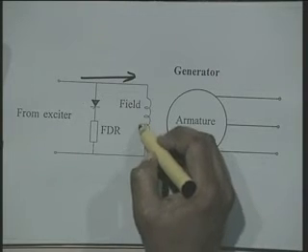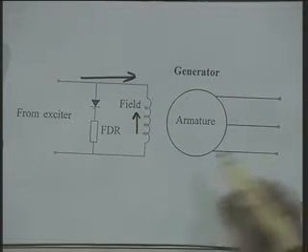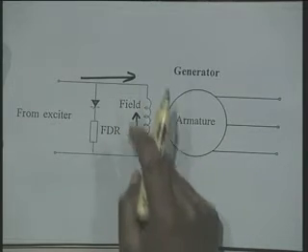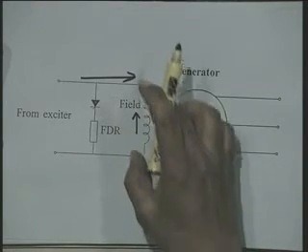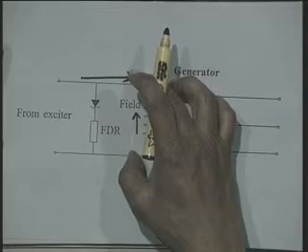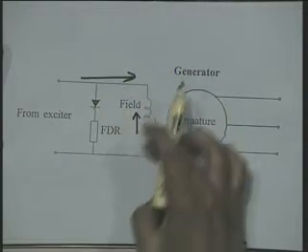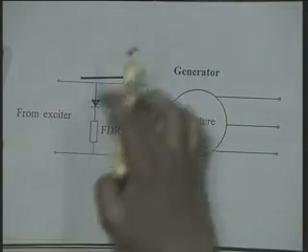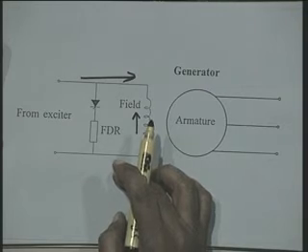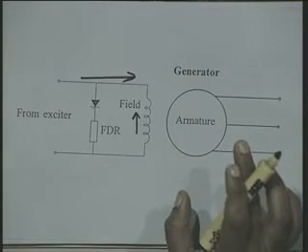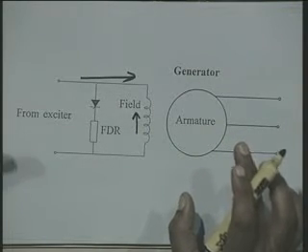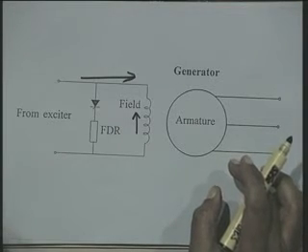Now, suppose due to some faults on the terminal of the synchronous generator, some voltages are produced in the field winding which have this type of polarity. In case we provide a path for the reverse current to flow, then this voltage will not go beyond a particular limit. If this path is not provided, then this voltage becomes high and it is dangerous to the life of the synchronous generator field winding.